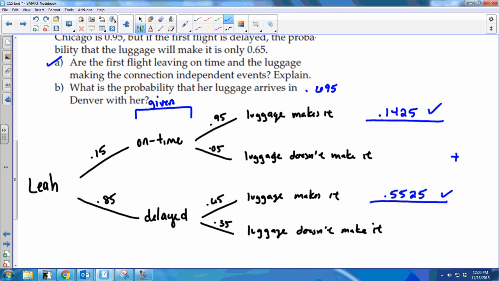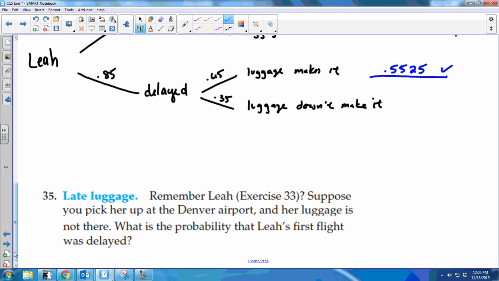What you cannot use a tree for is working backwards. For example, remember Leah? Because we just did this. Suppose you pick her up at the Denver airport and her luggage is not there. What is the probability that Leah's first flight was delayed? So now we're saying, given her luggage is not there,